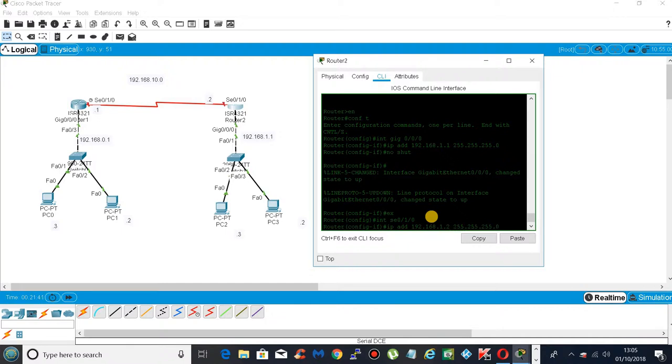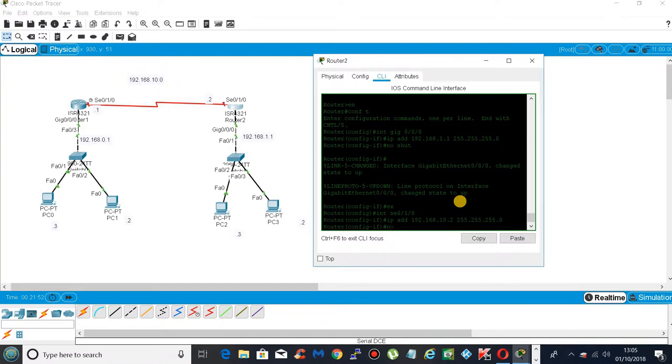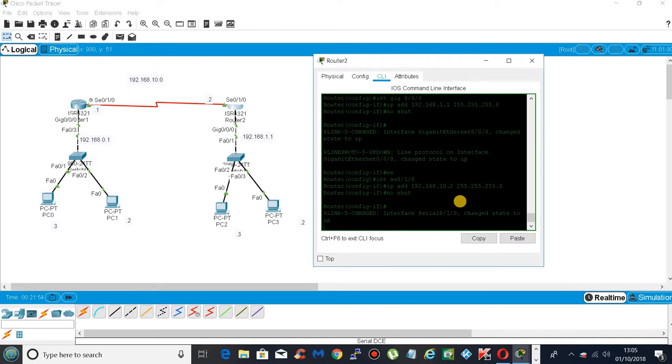So let's just change this one. Let's give it 10. Press enter, no shut, and that should start working also as well. Okay,